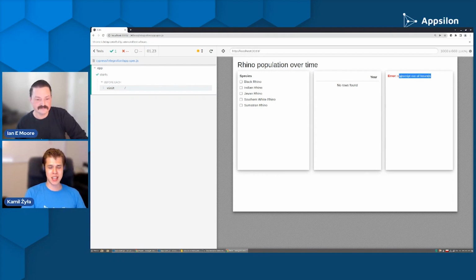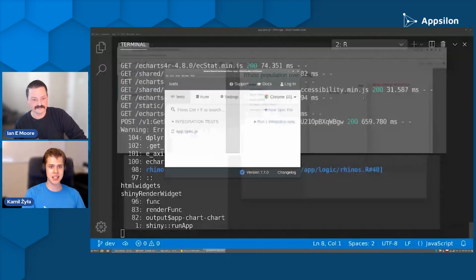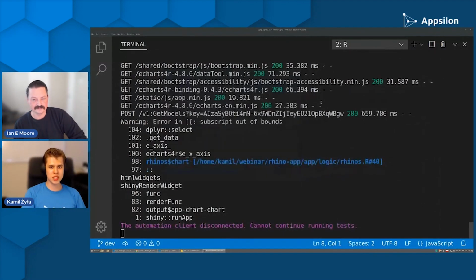So yeah, right now we have an error in red marks, which does not look very nice. Say that we just noticed it, so we will write an end-to-end test to verify that this bug appears, and then we will try to fix this bug. So to write our end-to-end test,